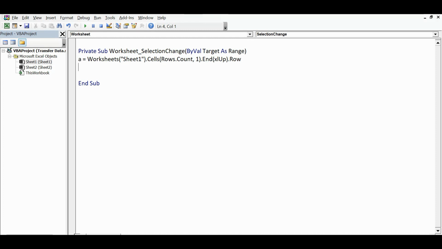So this will identify the last filled row, and then I will use a For loop, for I equal to 2 to A, and the closing statement of the For loop, which is Next.